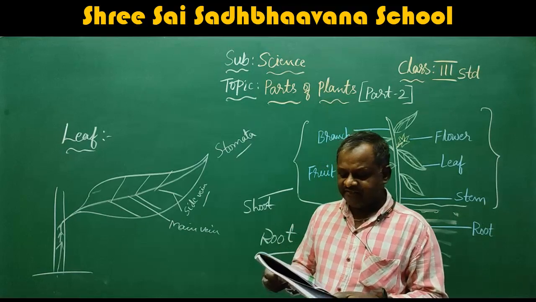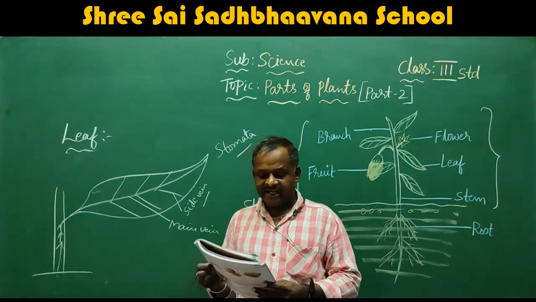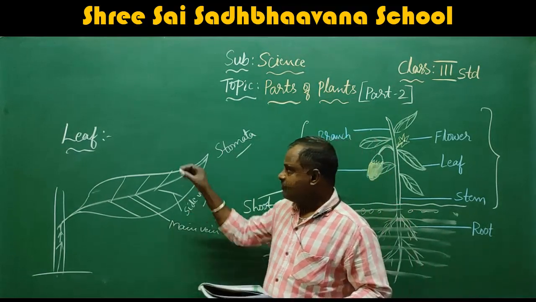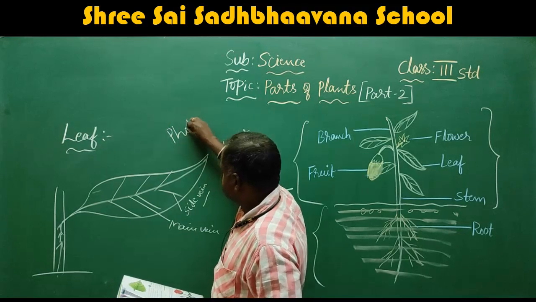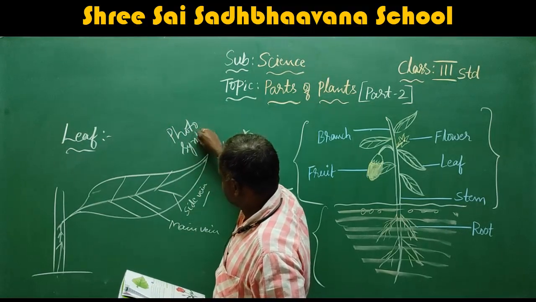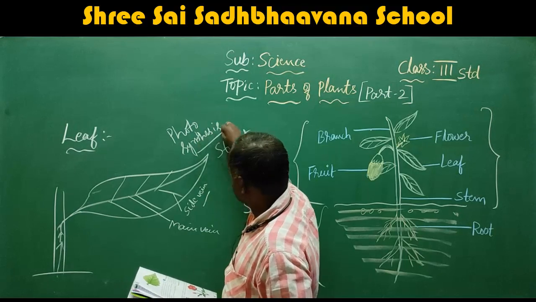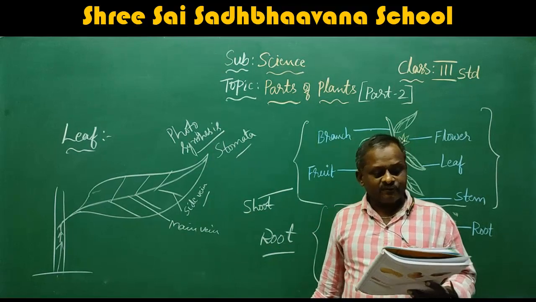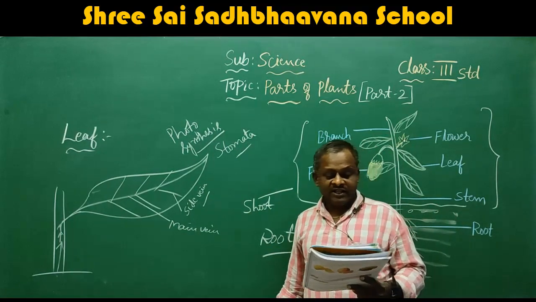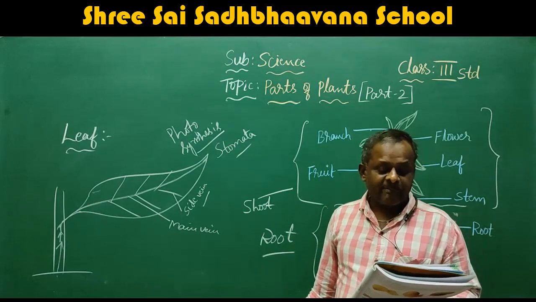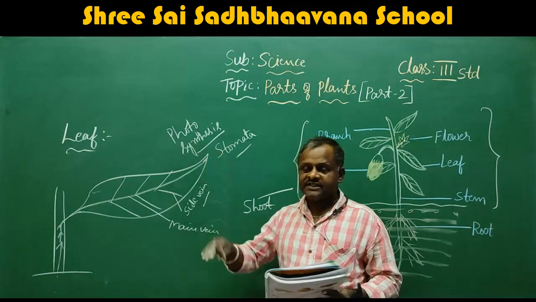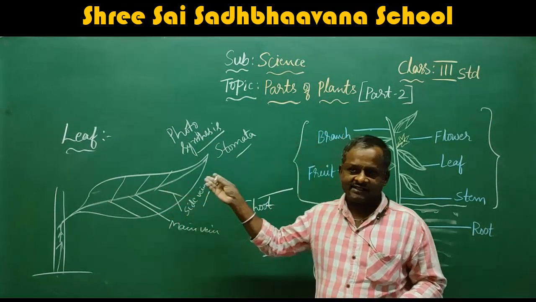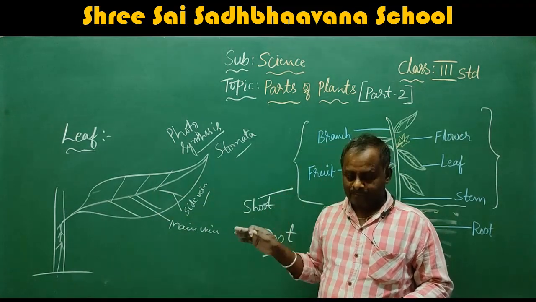Yes, a green leaf needs water, carbon dioxide, and sunlight to prepare food. I have already explained photosynthesis. That process is called photosynthesis. What is photosynthesis? A green leaf needs water, carbon dioxide, and sunlight to prepare food. The food made by the green leaf helps the plant to grow. During photosynthesis, plants prepare their own food in the leaves. Therefore, they are called the kitchen rooms or the food factories of the plant.